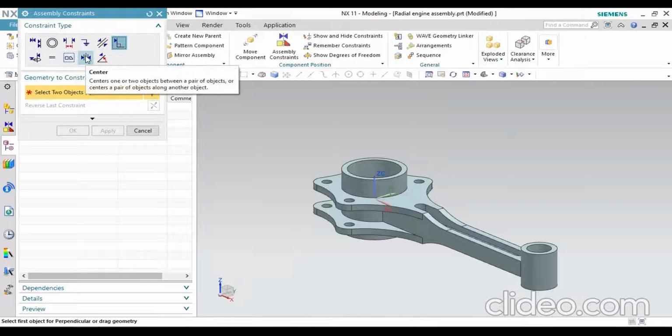Okay, then next, center constraint. The center constraint object is used